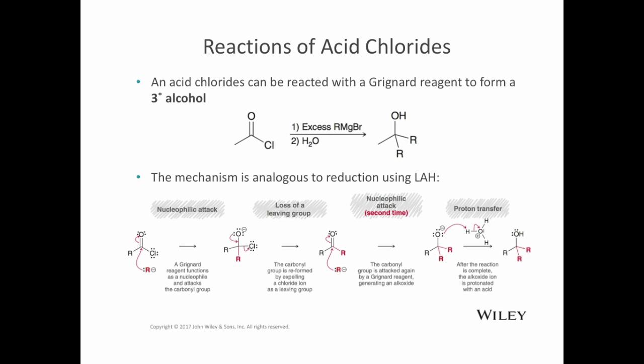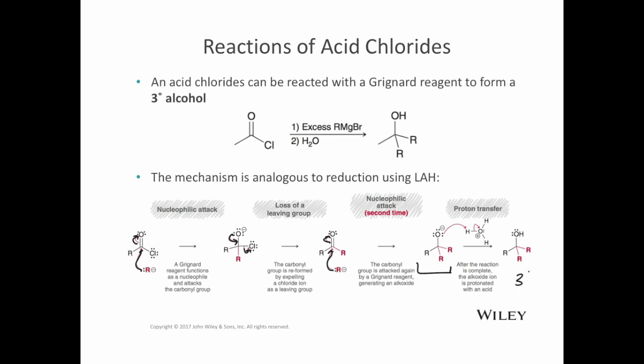An acid chloride can be reacted with a Grignard to form a tertiary alcohol. So here, this is like what you've seen before with Grignards and esters. The R group simply is going to add twice. So first it adds in, attacks the carbonyl carbon. You form the tetrahedral intermediate, which collapses, kicking off chloride, and now you have a ketone. And then the R group adds a second time, and after a water workup step and a proton transfer, we